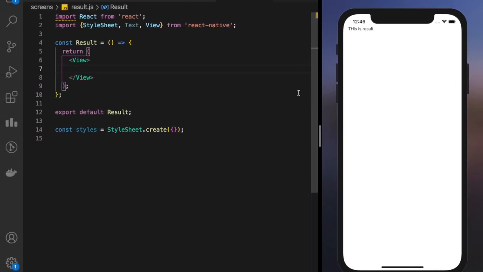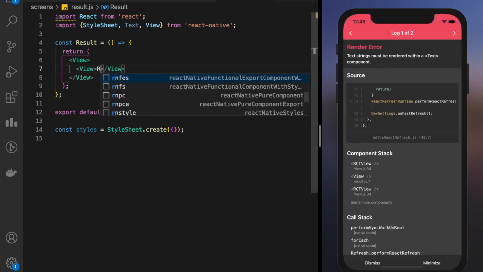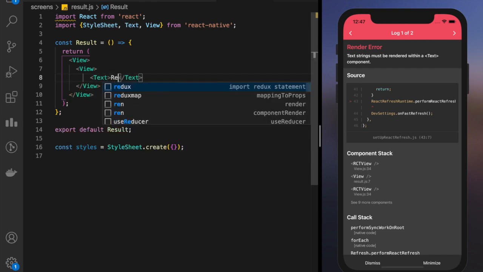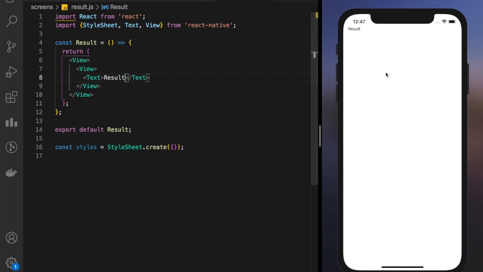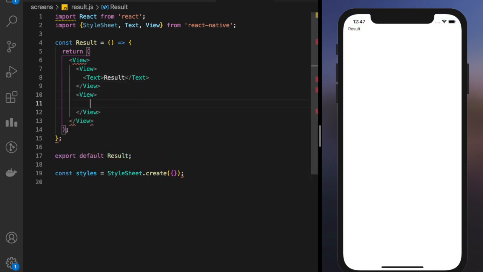Cool, 3 things. So let's just give a view, let's call it result. Okay, that's a very lame thing to do. See, this is the error that I was talking about. If you won't enclose your text in a text tag, this will give an error. So this is result, and the next view is an image, of course.